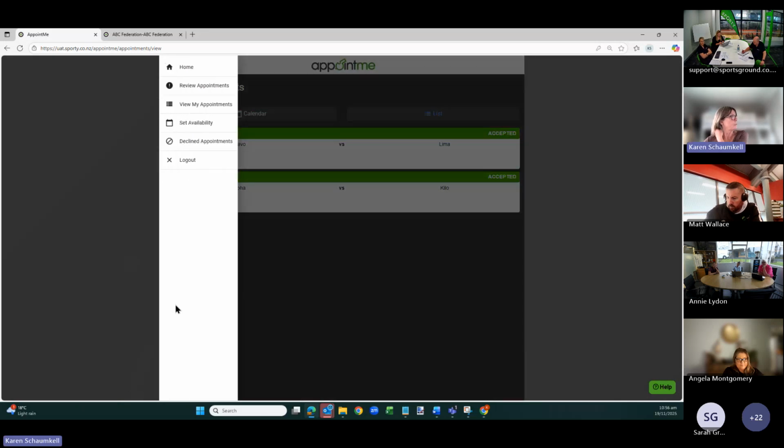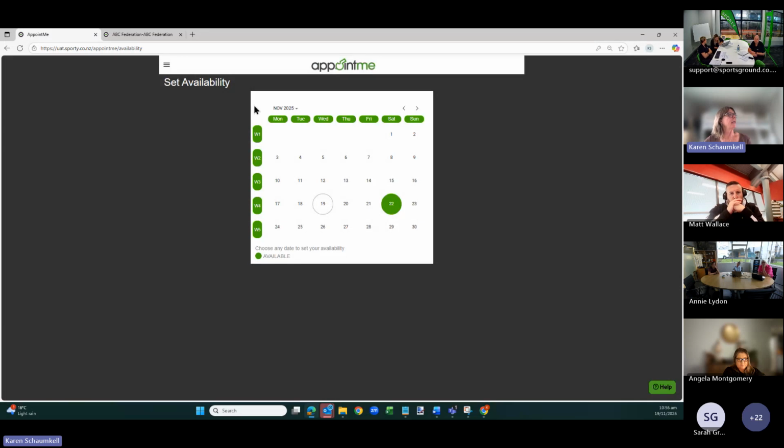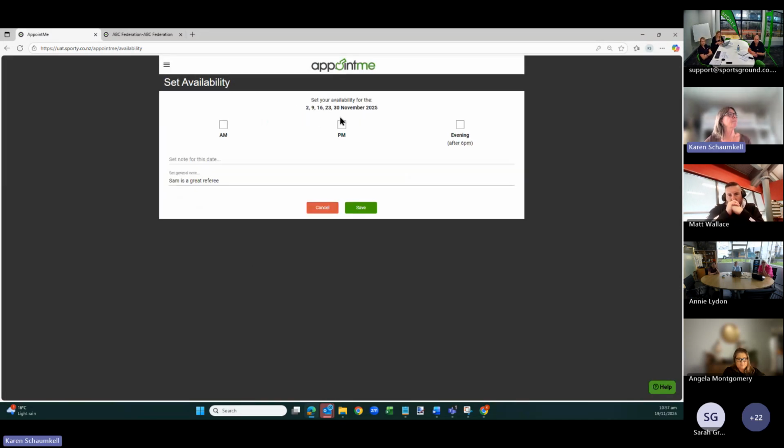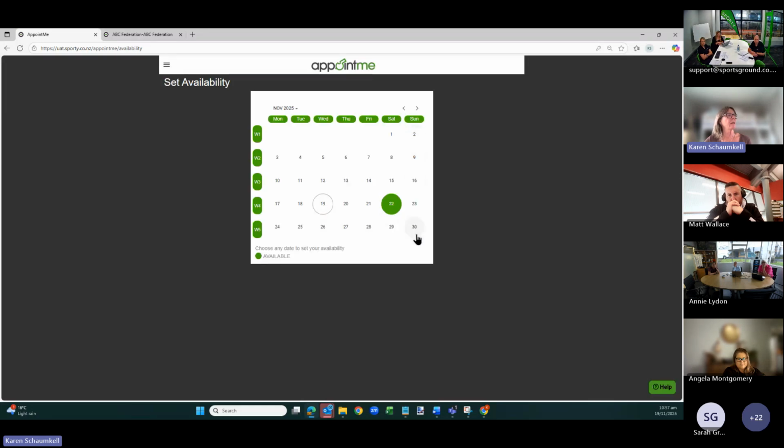So the main thing that your referees will do as soon as they gain access to their appointment is set their availability, and that is done in this tab here. It can be done a whole week at a time by clicking on the day of the week that you want to make yourself available. It can be done for the next 7 days by choosing a week.